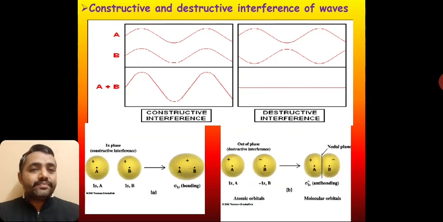In destructive interference, there is no phase, only lines, not present as wave functions. Again, on the below side, take the 1s orbital of atom A and the 1s orbital of atom B, both in the same phase, positive positive, to form a sigma bonding molecular orbital. Another example: one 1s orbital is positive and the other 1s orbital is negative, meaning out of phase, to form an anti-bonding molecular orbital. It creates a nodal plane, therefore it will not form a bond, and the nodal plane is also noted for the sigma star anti-bonding molecular orbital.